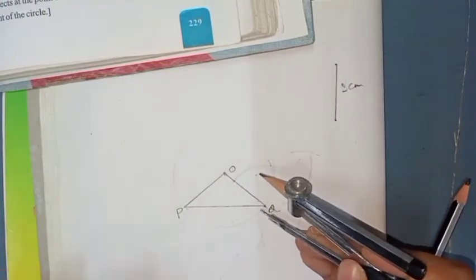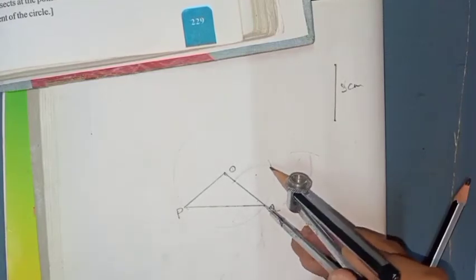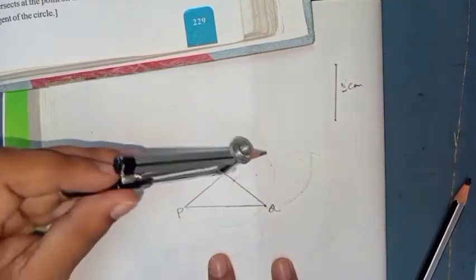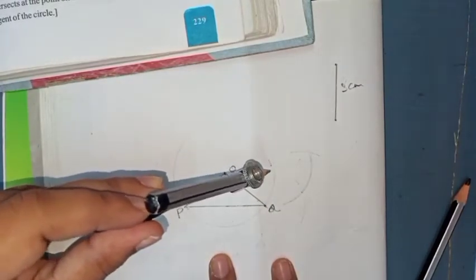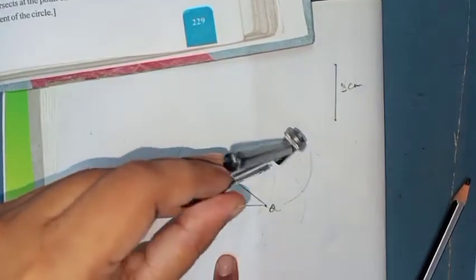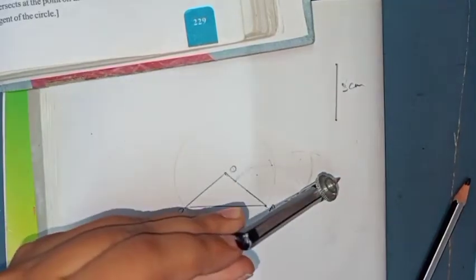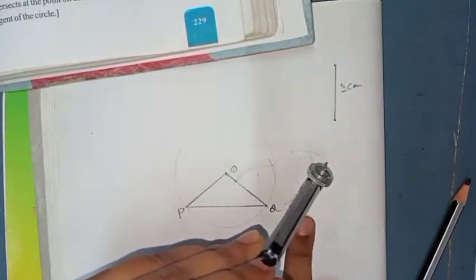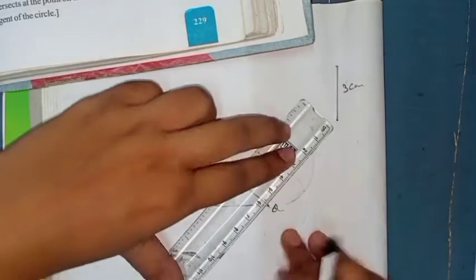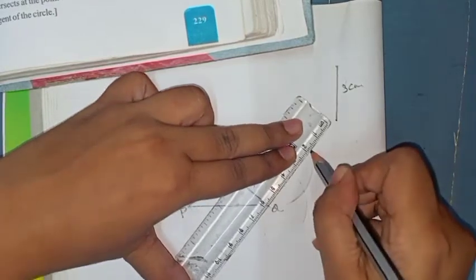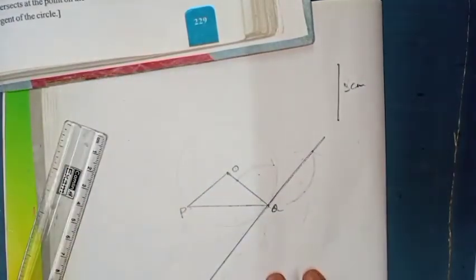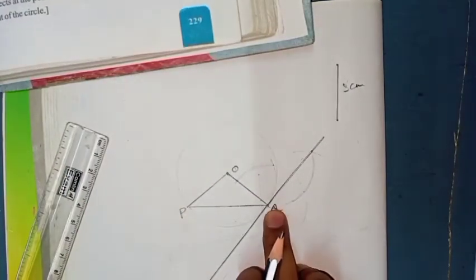Again I am explaining what I have done. I am putting my compass here, taking any measurement of arc, I am making one arc. After that I am putting my compass in this intersection point, I am making one arc. Again I am putting my compass in this point and making one big arc. After that I am putting my compass here and I am making one arc. After getting this arc, what you will do, you will join this point to this Q. So this is your tangent from the point Q.